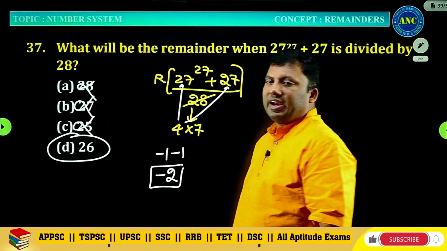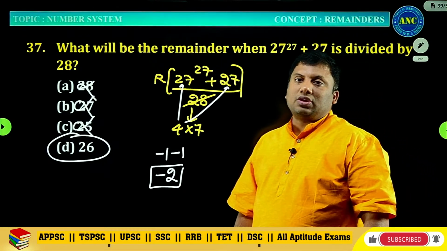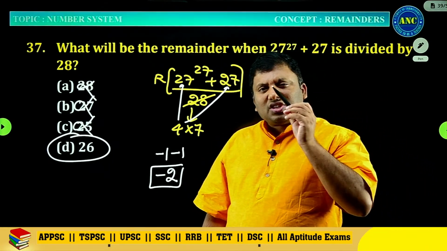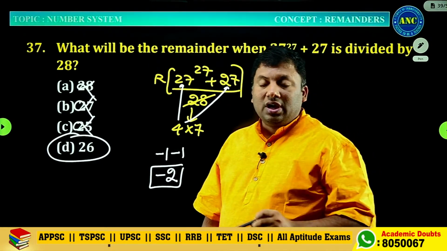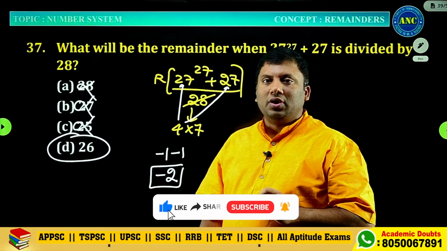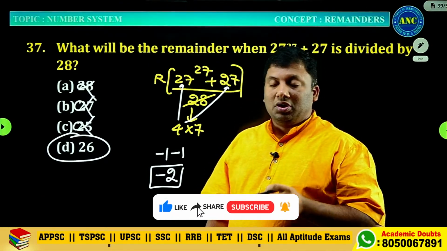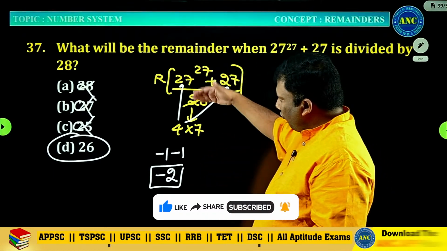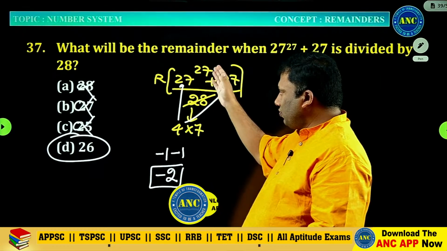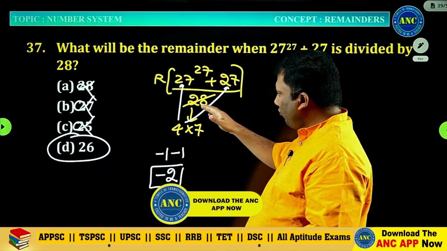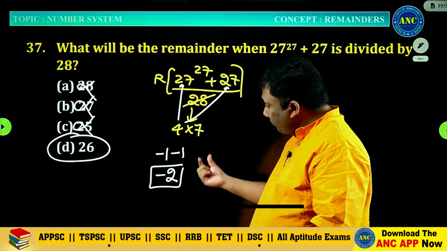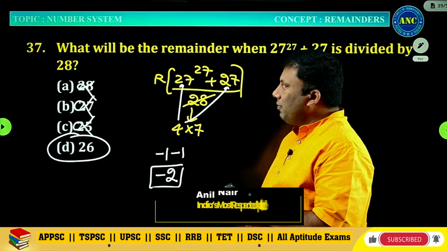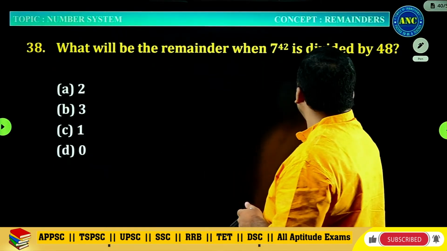Without even dividing by the next number, just by looking at the question, I got the answer. That is the reason these concepts should be known to you. If it is not known to you and it is not taught to you, then probably these revision classes will help you. 4 sevens are 28, minus 1 power odd. Answer when divided by 4, negative remainder should be minus 2. Check if there is anywhere.